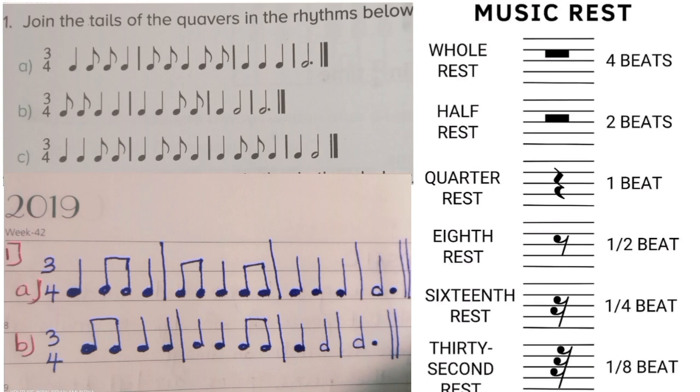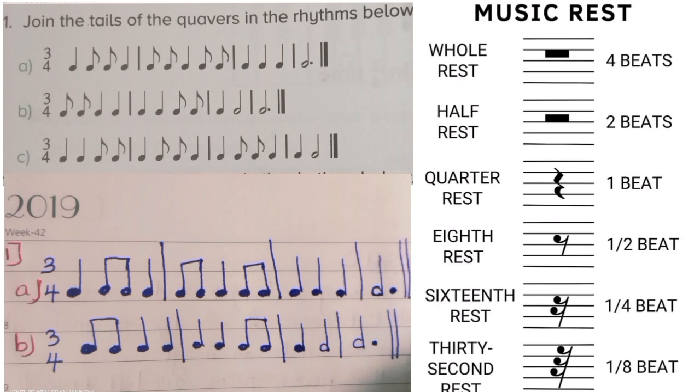So we are going to join the first two quivers, and then we join the last two quivers also to form two crochets. When you join them, that bar will be complete by joining the tails, or beaming the tails, to make a crochet beat. As you can see,